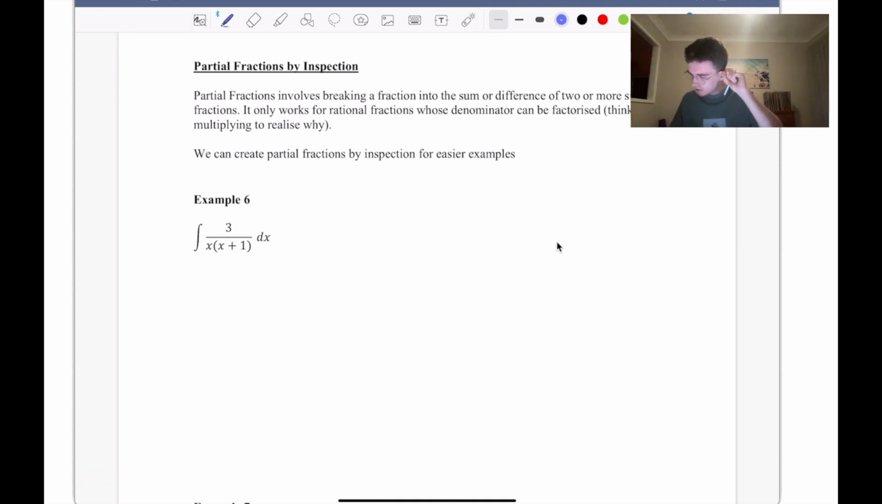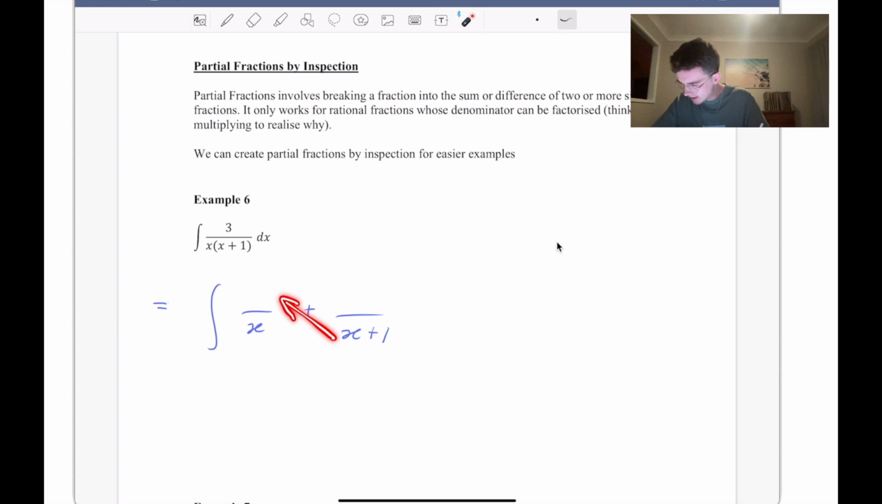Okay, the last strategy that we're going to informally learn here is partial fractions. So partial fractions by inspection involves undoing cross multiplication. So we could easily integrate something over x plus something over x plus 1. We need to think to ourselves, what would I need on the top so I would get 3? If I cross multiplied this up here,